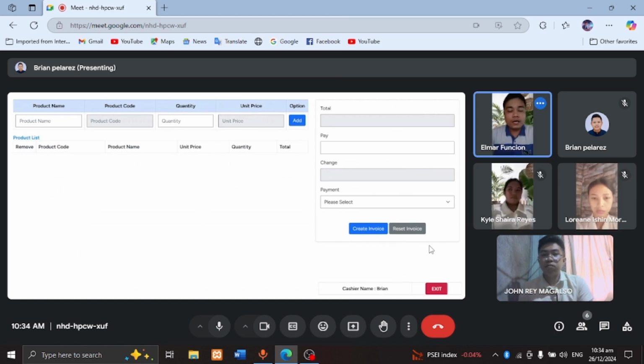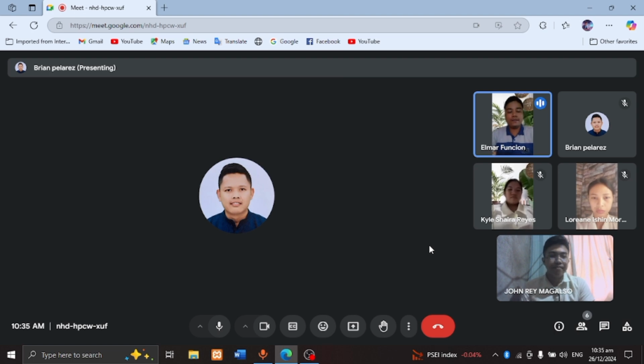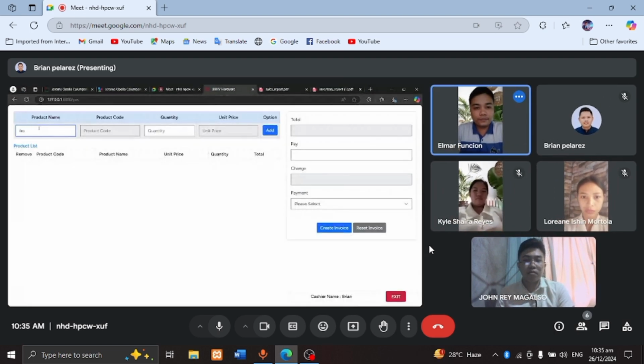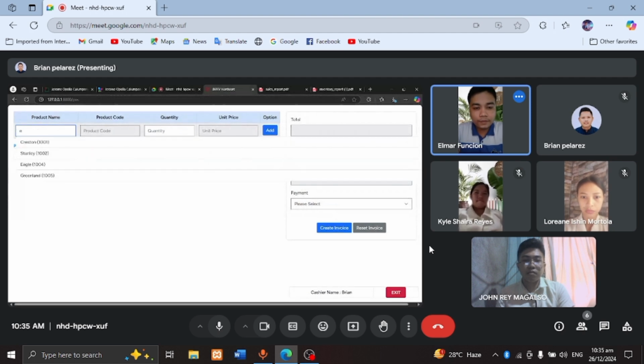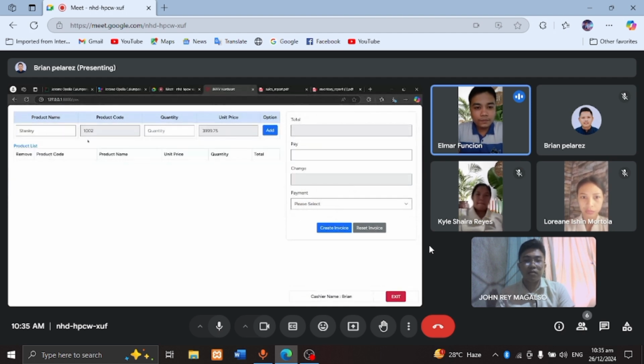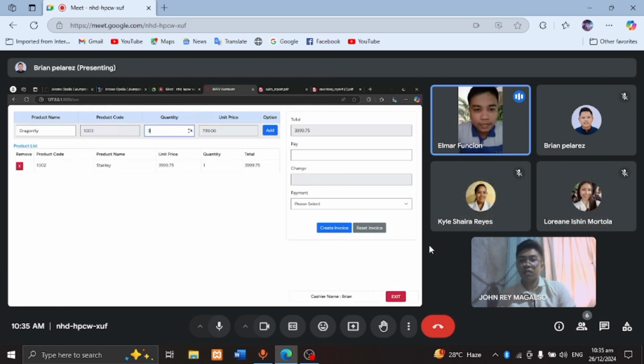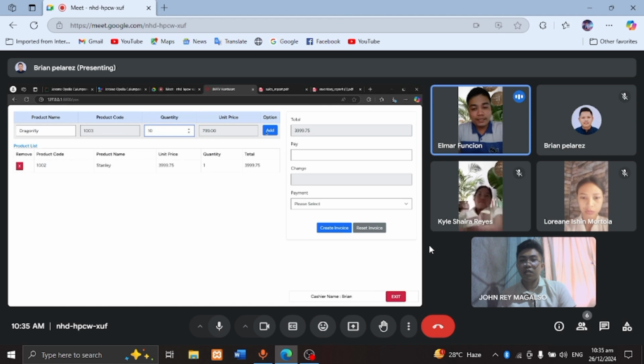So we're going to put the product name, for example, what she wants to buy. Then add. Here, as you can see, the product is added to the list.